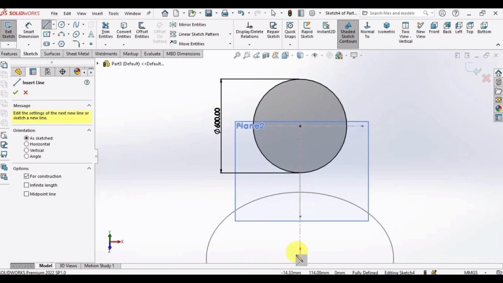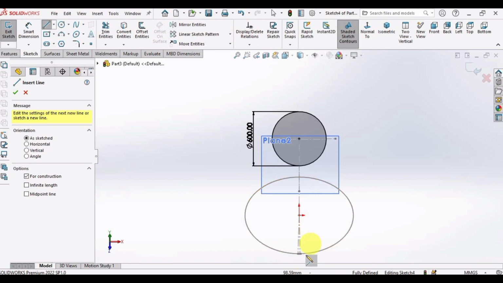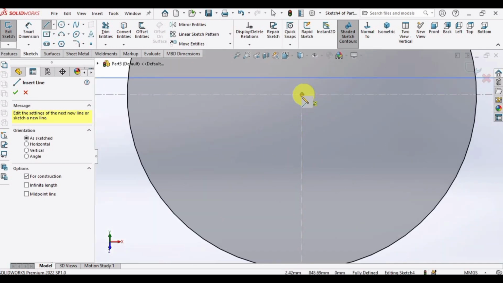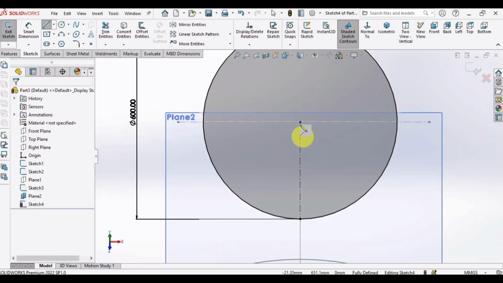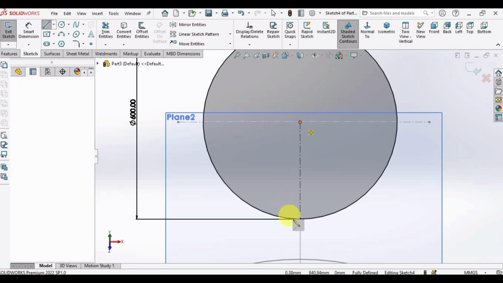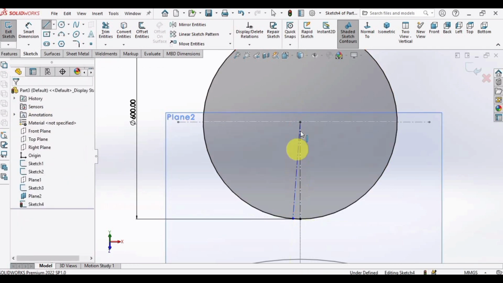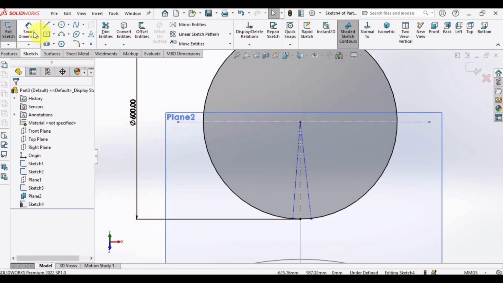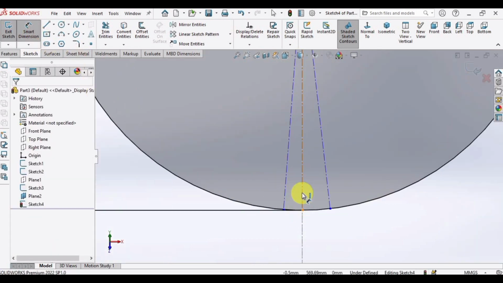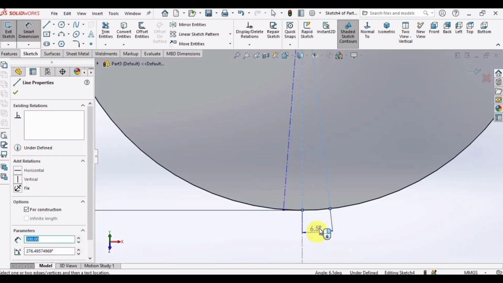So make sure these center lines coincide with or overlap the previous center lines. Okay, so 1, 2, and 3. You can select center line from this option, and then select the smart dimensioning tool and specify the angle